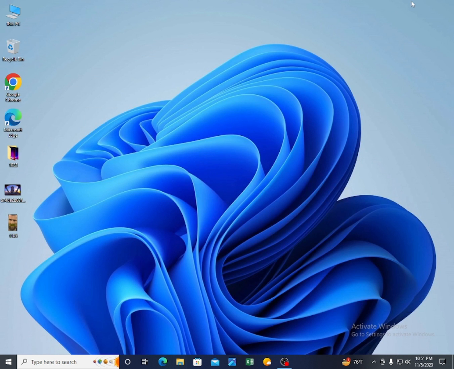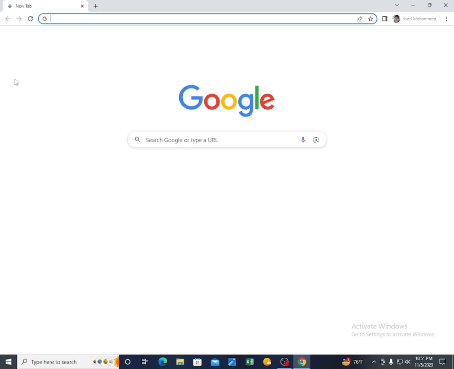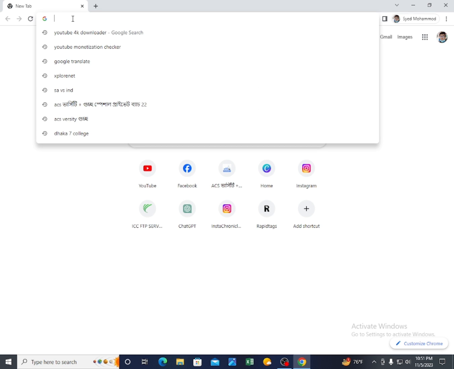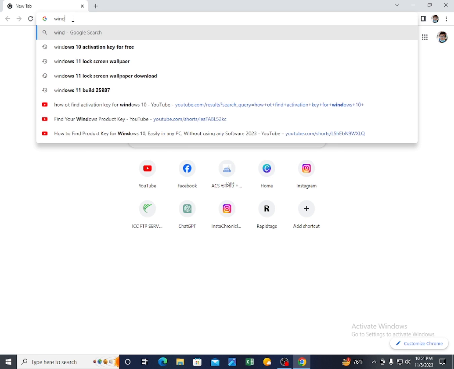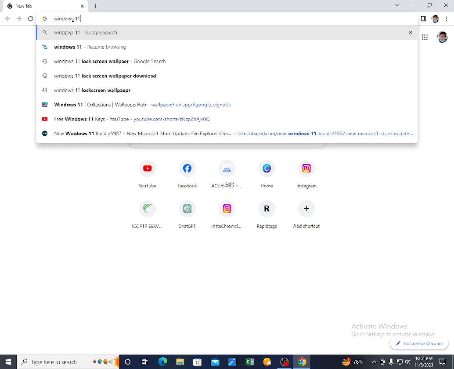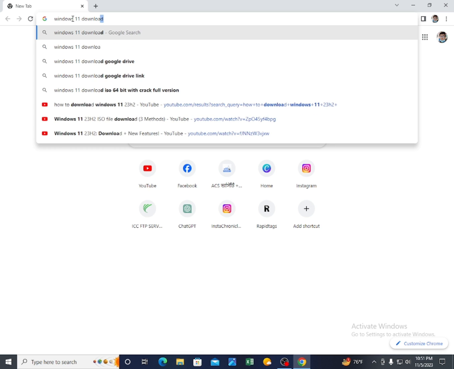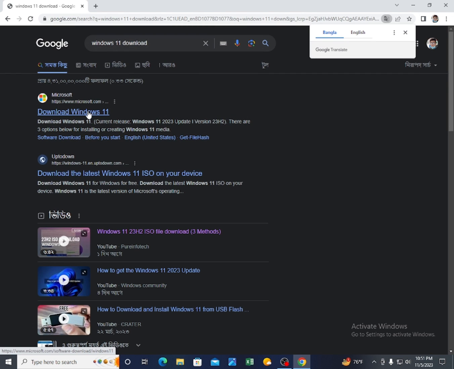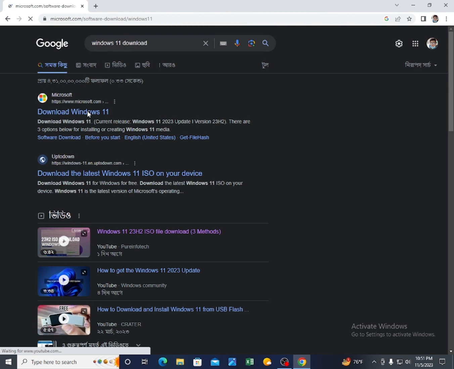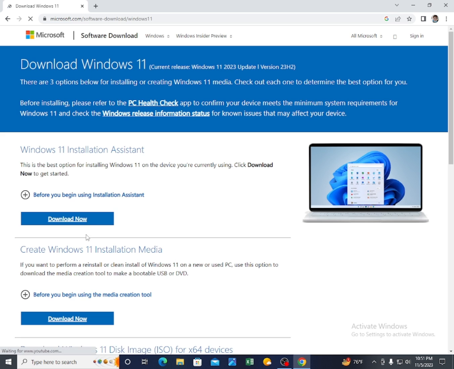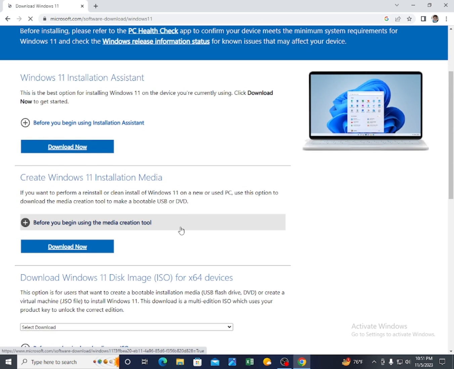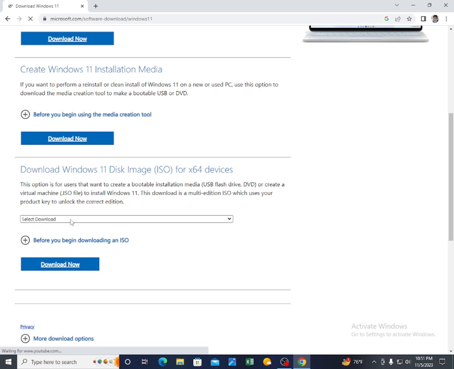The second method to download Windows 11 23H2 update is you need to open a browser, then in the search bar you have to search for Windows 11 download, then press download Windows 11. Then scroll on it, then select download